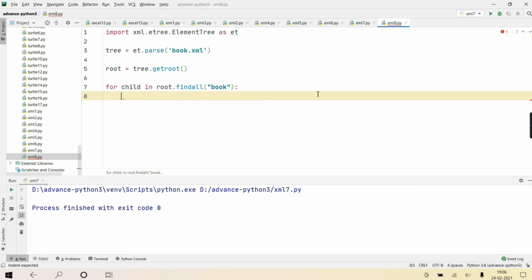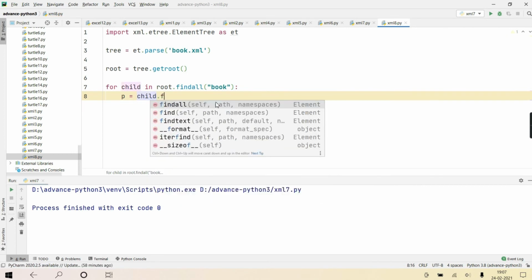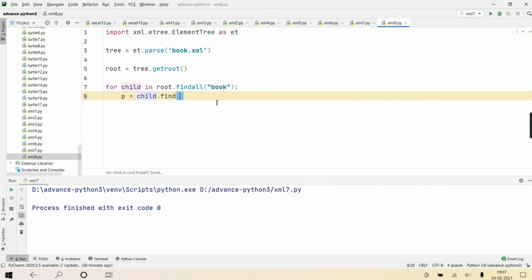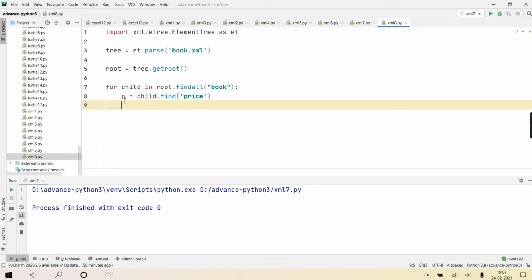Next, I'm getting that child's first child with the tag name price. So I'm giving p equal to child.find, and the tag name is price. Is that clear?